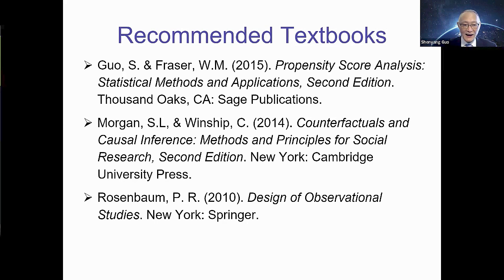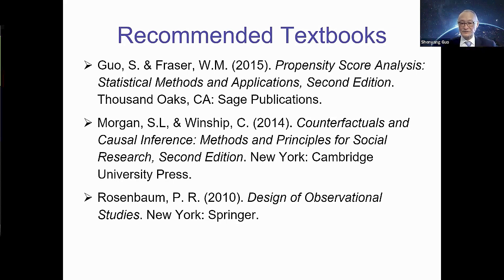One is by Steve Morgan and Chris Winship, Counterfactuals and Causal Inference: Methods and Principles for Social Research, also second edition. In this book, the authors basically reviewed the counterfactual framework in detail and described the major methods for